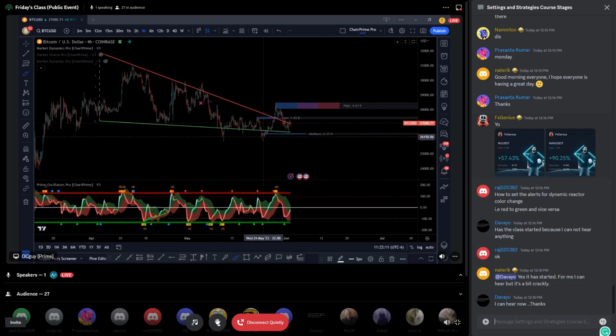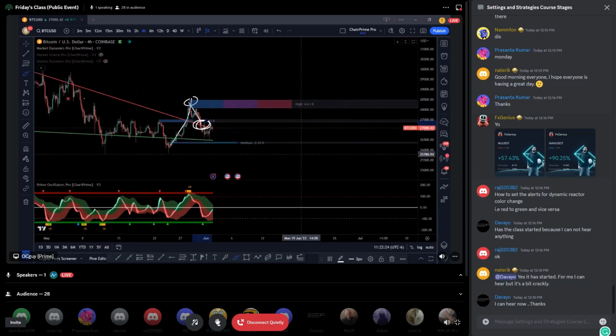So at that point, we were breaking through. We had already bounced from this zone, and we were heading to the retest. Remember, I always say this is not about the breakout. It is about the retest, correct? So we were saying that the retest itself will be measured by the flip of the ribbon.